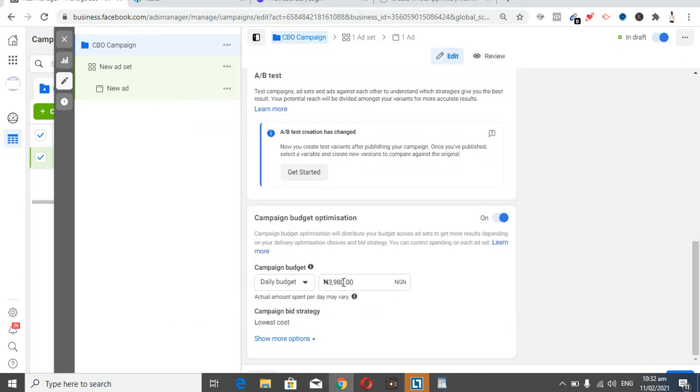Instead of allocating each particular campaign $5 each, I will now have to bring all the budgets under this level. So instead of allocating $5 each, making it $15, I might want to bring the budget here in the campaign level. Okay, so instead of giving each interest $5, I will now have to make it $15 here. So in Nigeria,